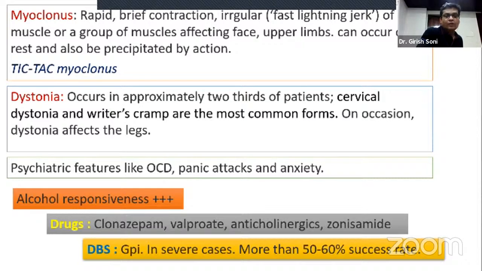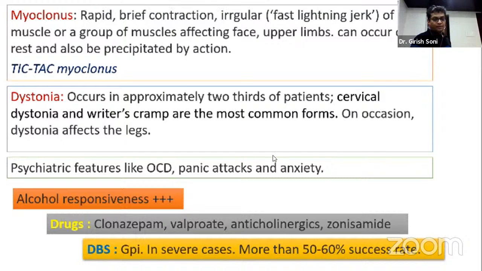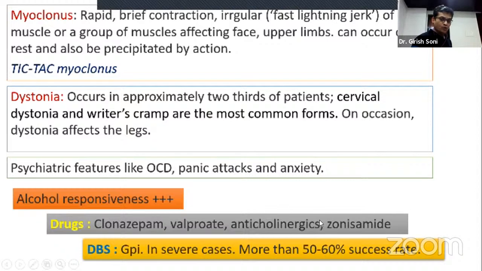The characteristic finding of this DYT11 problem is alcohol responsiveness, a good response to clonazepam, valproate, and in 2019-20 there are many case reports, case series showing a good or great response to zonisamide. So start zonisamide 100 milligram per day. You can build up the dose to 300 to 400 milligram per day, and almost myoclonus as well as dystonia respond fantastically to zonisamide. So zonisamide could be, should be, a first drug of choice in 2020 in DYT11